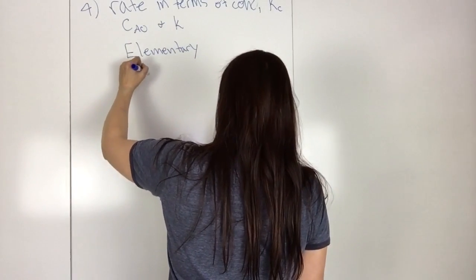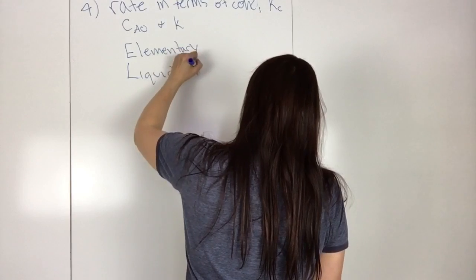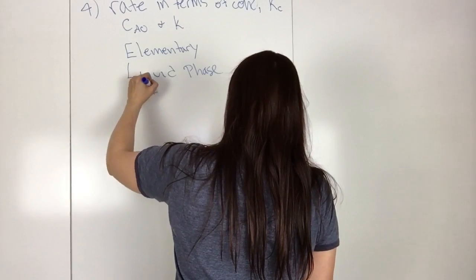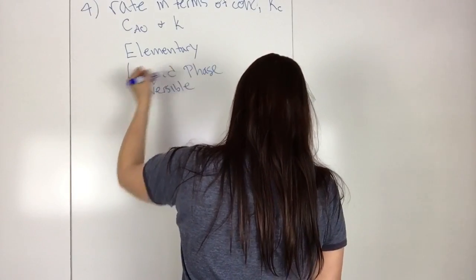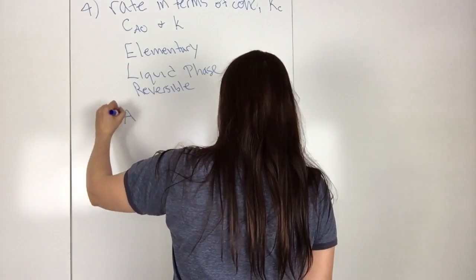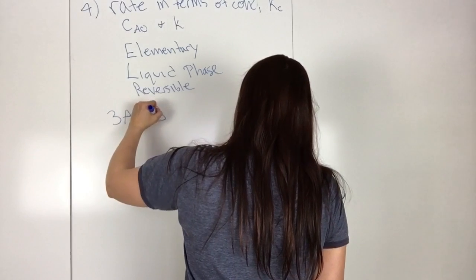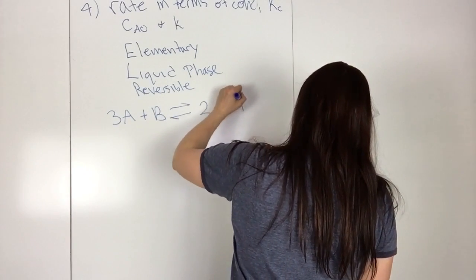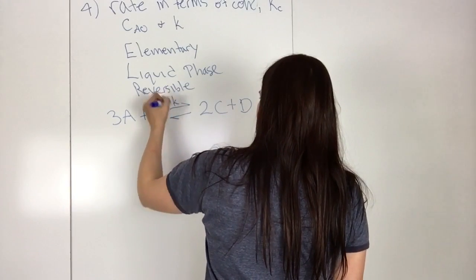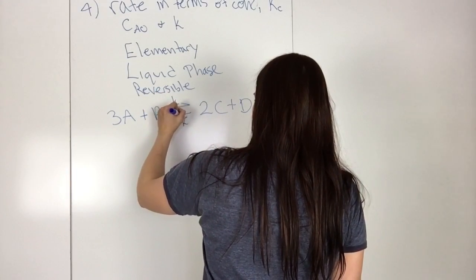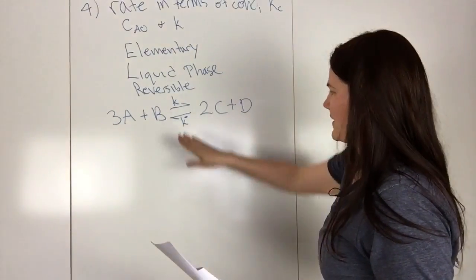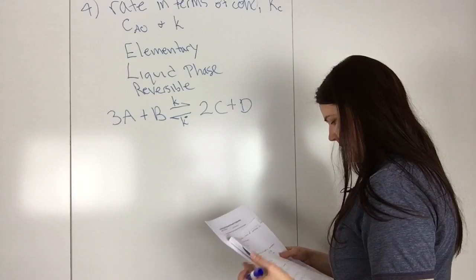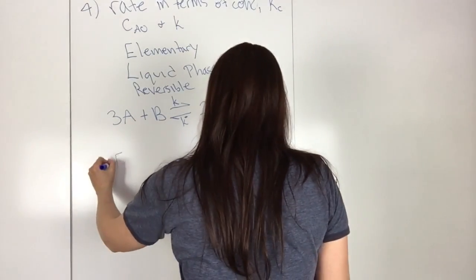We know it's liquid phase, and it's reversible. So the reaction is 3A plus B to 2C plus D, and then we have k and k minus. So k forward and then k reverse. And then we know that the feed